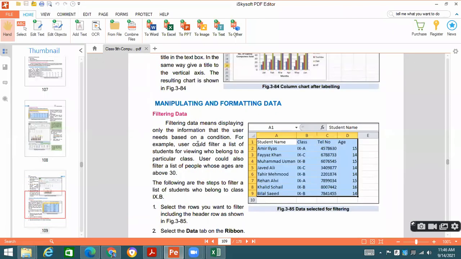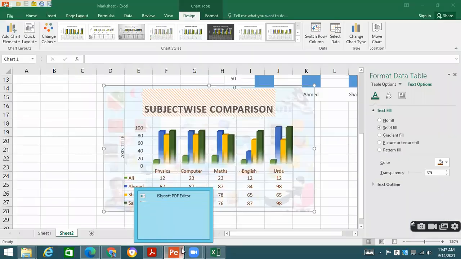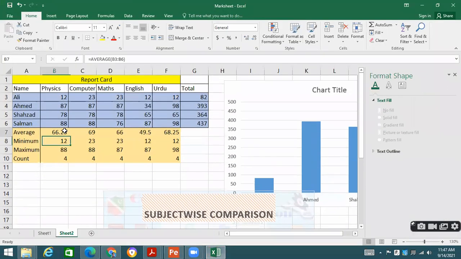Now, manipulating and formatting data. How we can manipulate data, how we can format data. These are the options that we are going to apply. Take the example of the same text that we have got. Okay, this is the text.